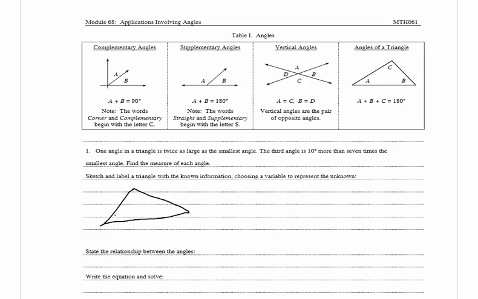and the smallest angle they said was x, so we can say this angle is x. The second angle is twice as large as the smallest angle, so we have 2x. And then the third angle is 7 times the smallest angle plus 10, so we have 7x plus 10. So x is going to equal the measure of the smallest angle, and now they want us to state the relationship between the angles. And the sum of the angles